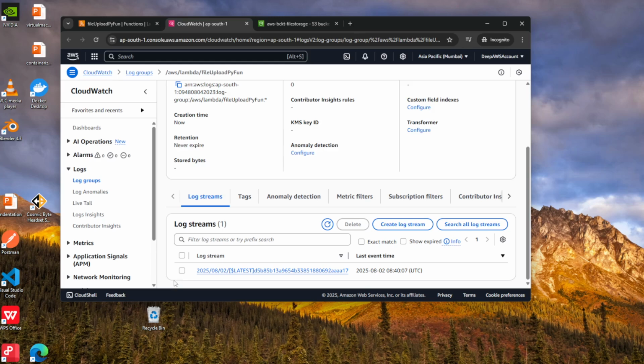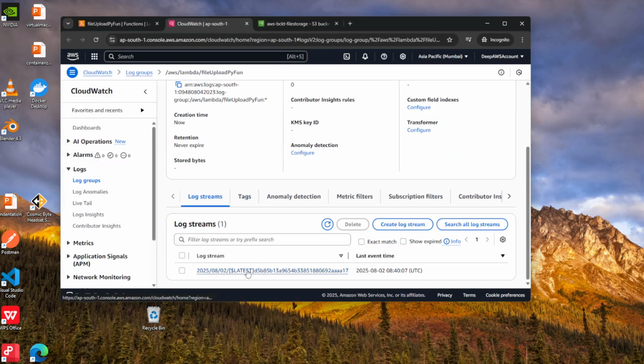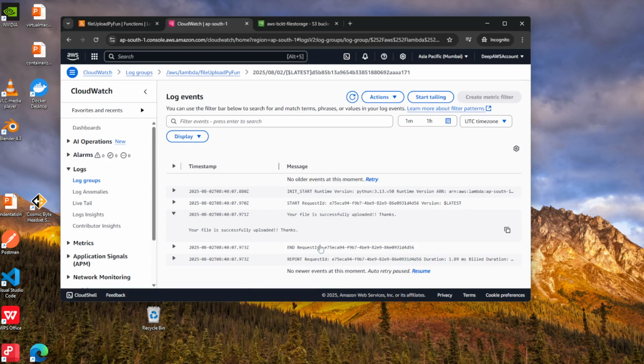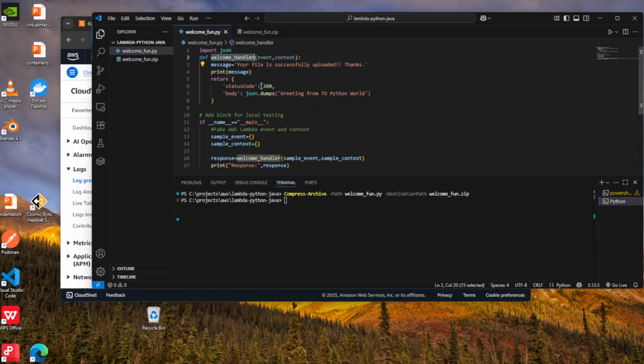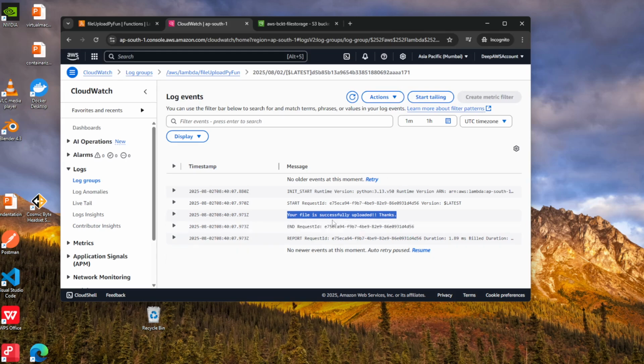the logs. Now we can see it has generated one log for us because we have uploaded one file, and I think the lambda function event is triggered on upload and it is showing the file. Now we can see it has successfully executed our code which is there inside our Python project. And if we check, this is the same file, like your file is successfully uploaded and thanks. This is the same message it is giving. That means our lambda function has successfully executed our Python code, and it has triggered on upload